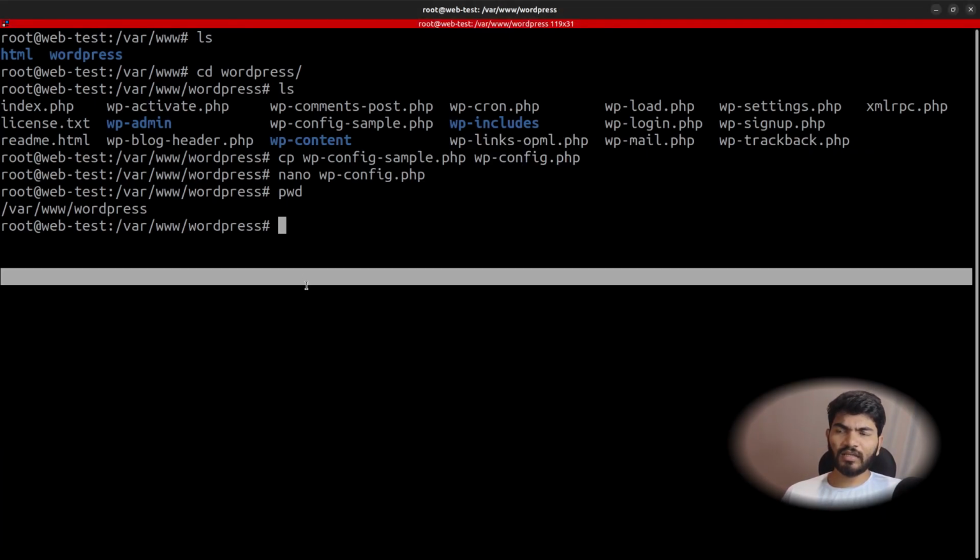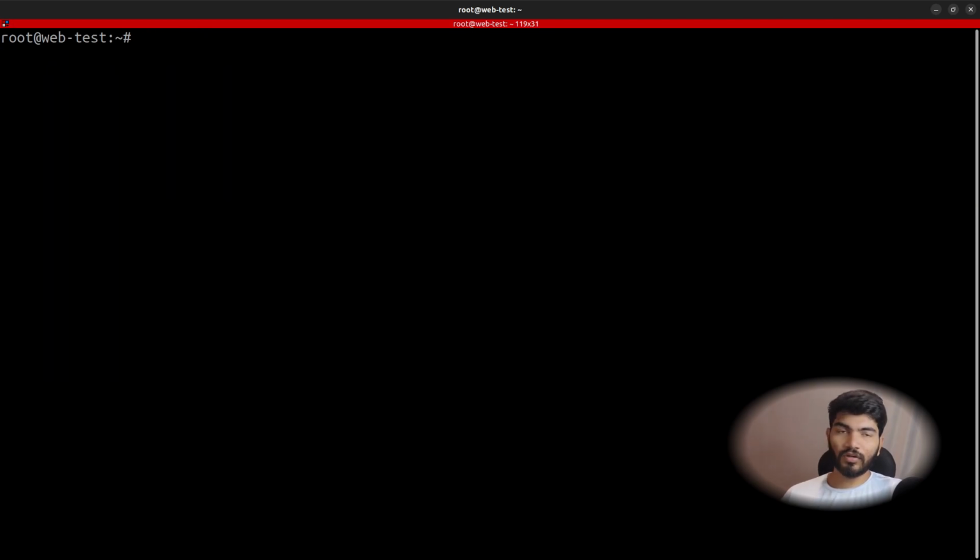So once it is done, next thing finally we need to do is edit the Nginx configuration in order to host the WordPress website. So for this you can do cd and then clear this screen because the work in the WordPress directory is done. Right now we need to do the Nginx work. So we can use nano to edit the Nginx configuration file. If your user is Ubuntu, then you can use sudo nano. So let's go with sudo nano